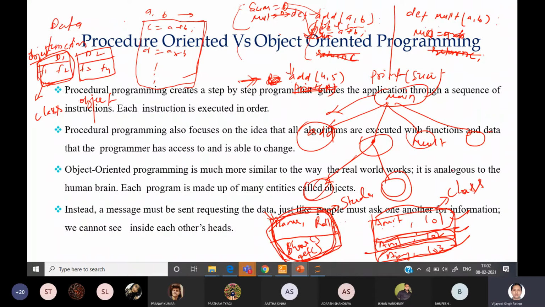So class is based on the common features of the objects. The basic common feature of these objects is student. All these are students. So we are providing the name for this entity as student, so we call it one class. Like we can also categorize here student class, like teacher is a class. So different entities we can create, or different classes we can create based on some common behavior. Like, if I ask you, person is one class.